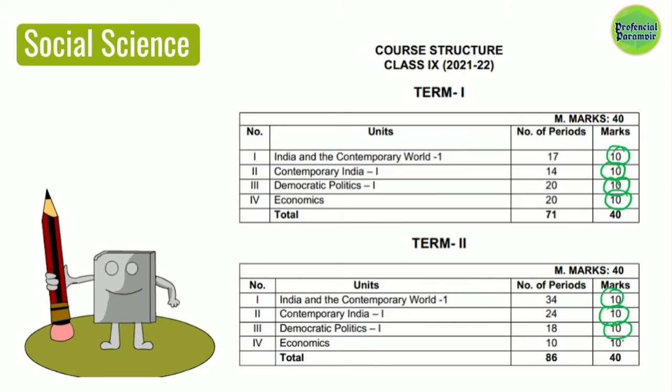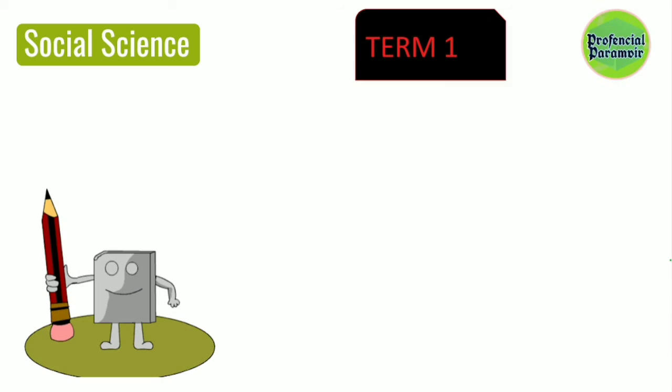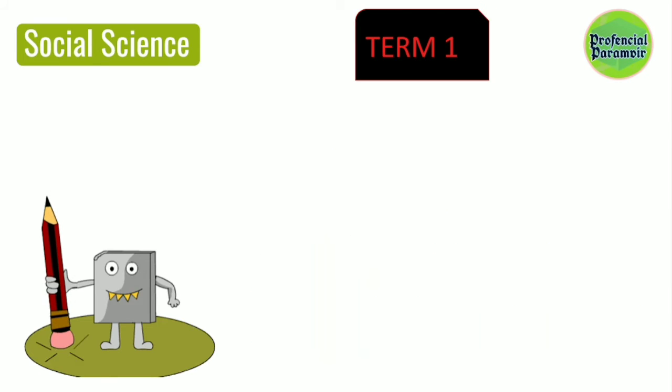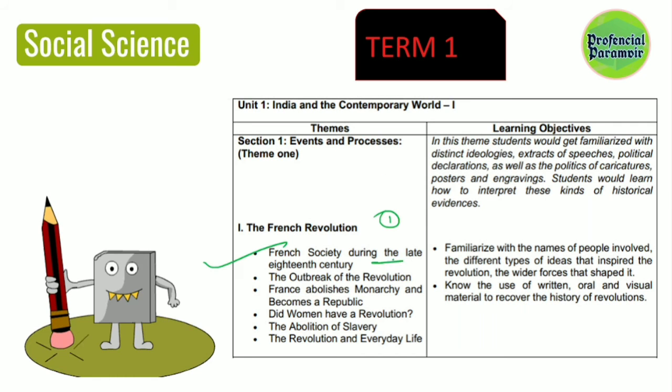We are having 10 marks for each subject, 40-40. And in term 1, from history, the first chapter is going to come, the French Revolution. These are the topics which are going to come from this chapter: French society during the late 18th century, the outbreak of revolution, France abolishes monarchy and becomes a republic, did women have a revolution, the abolition of slavery, the